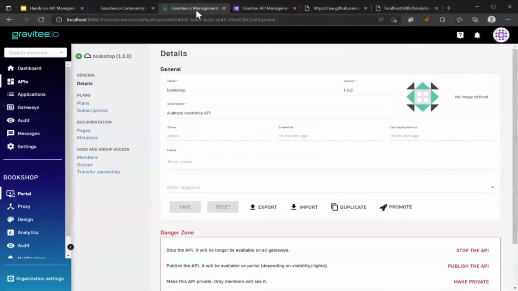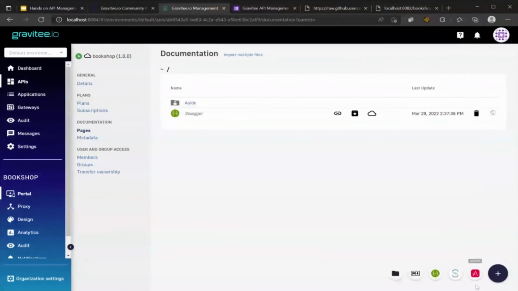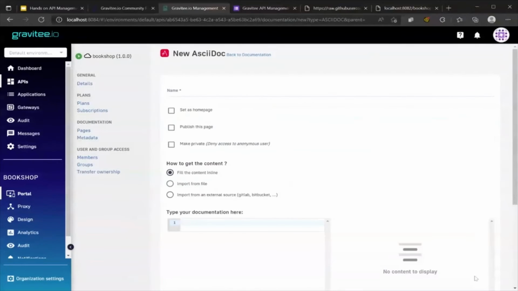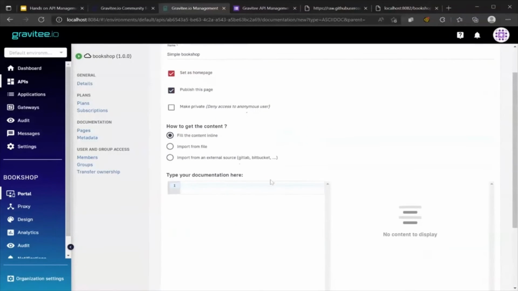So I'm going to jump back in here and create a new page. I am going to do mine in AsciiDoc because I can just about remember, I think, without having to look things up all the time, what I'm going to put in here. I'm going to say this is Bookshop, or a simple bookshop. I'm going to set this as a home page. I'm going to be publishing this page, and then I'm going to put in a title. So, welcome to